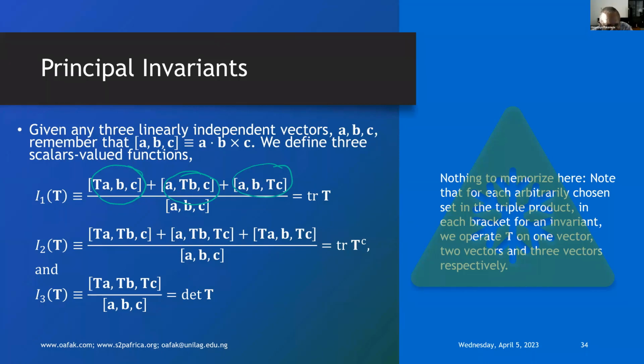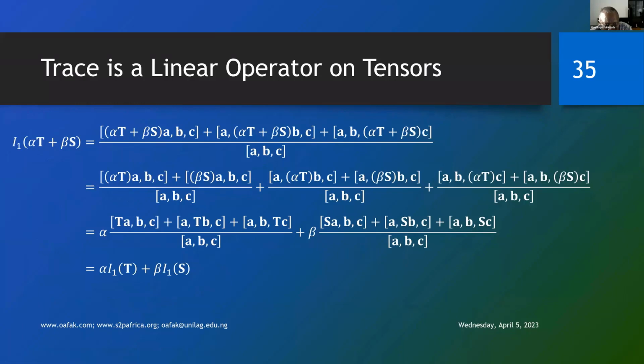The first thing you notice is that out of the three, the first one is a linear function of the tensor, but the other ones are not linear. The trace is a linear function. The trace of the cofactor is not linear, and the determinant of a tensor is a nonlinear function of a tensor. So what we mean is that if you have two tensors, A and B, the determinant of A plus